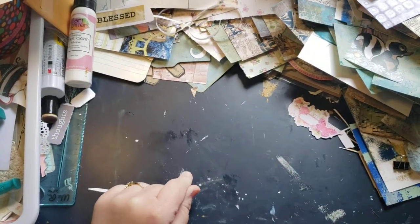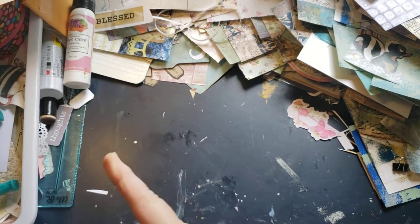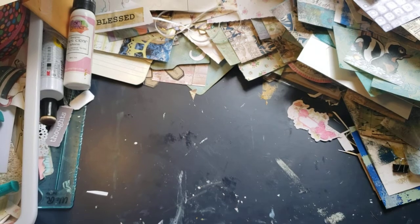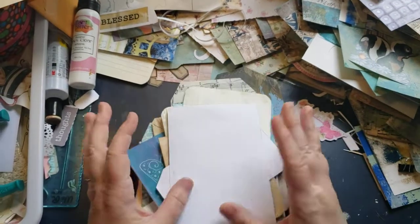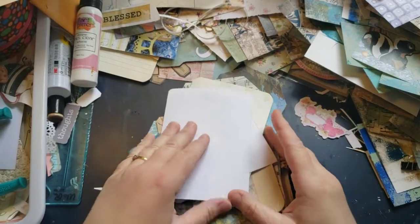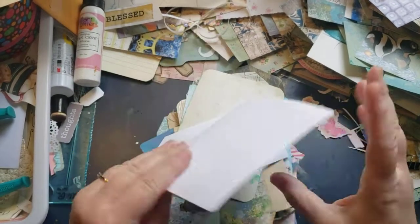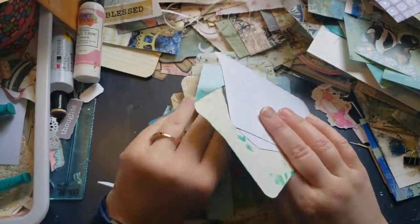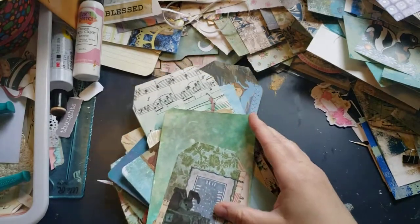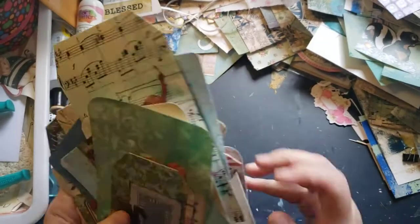I've finished the blue and pink journal, which, if you've seen one of the previous videos I did, is a flip through of it. I was in such a hurry to get it to her that I forgot to fix the things I was supposed to fix, and I didn't sign it. So today, right now, I'm in between finishing that journal and just waiting for